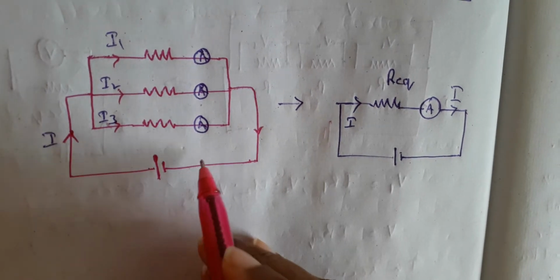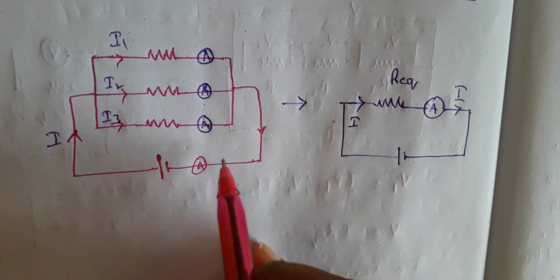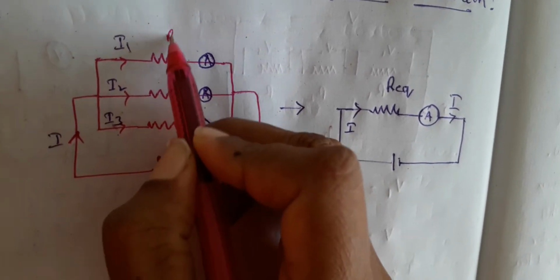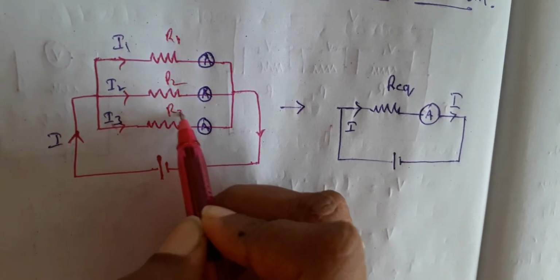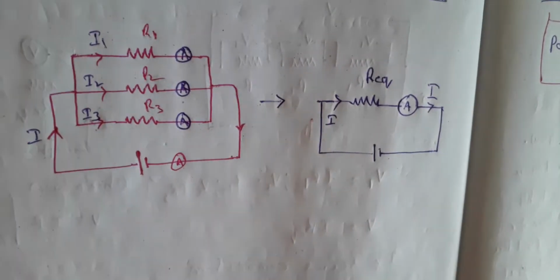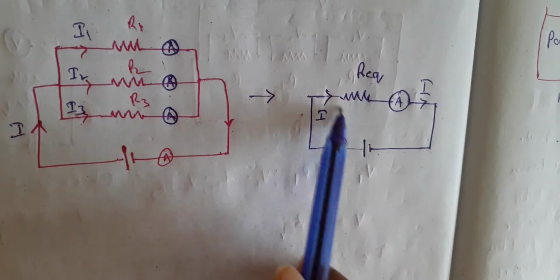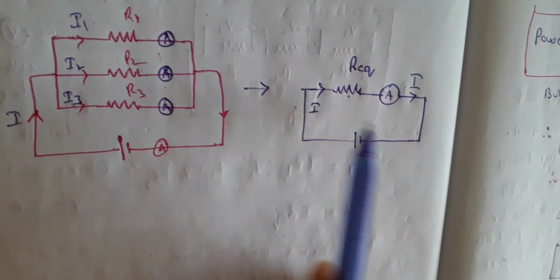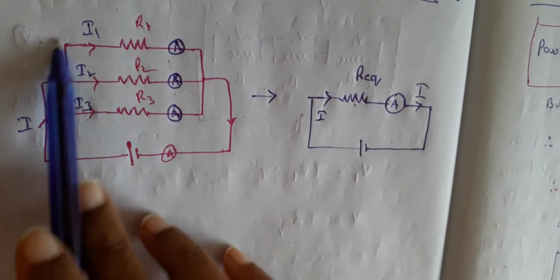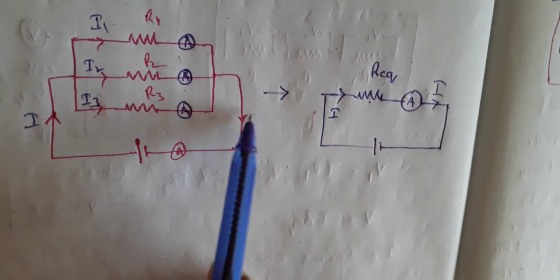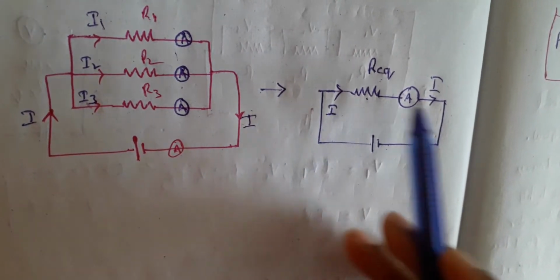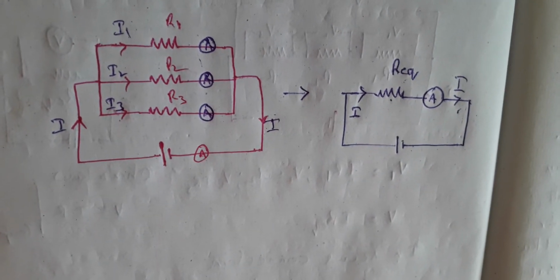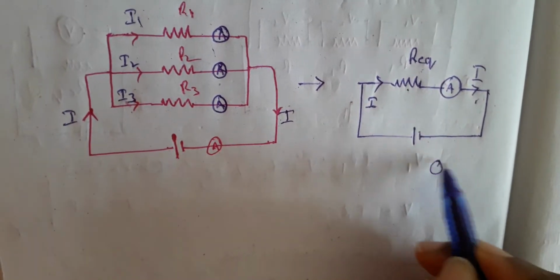And now you can see that a current is splitting into I1, I2, I3, where the resistors are R1, R2 and R3. If you replace them with an equivalent resistance, R equivalent, the current which enters here, of course, leaves at the end of the terminal. At the end of all these resistors, you can see that this is again I. So the same drawing we are drawing here. To find out the effective resistance in this case, we use Ohm's law again.